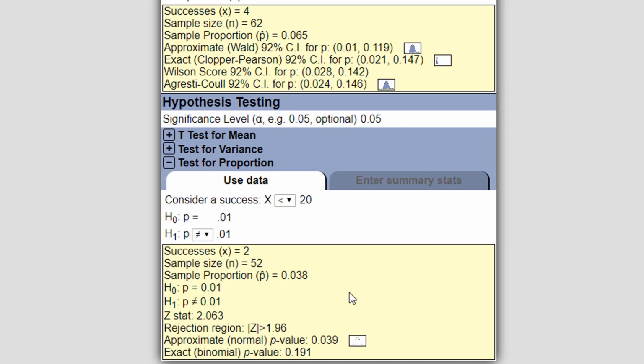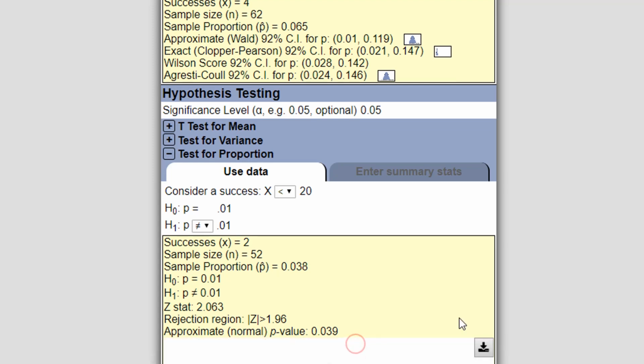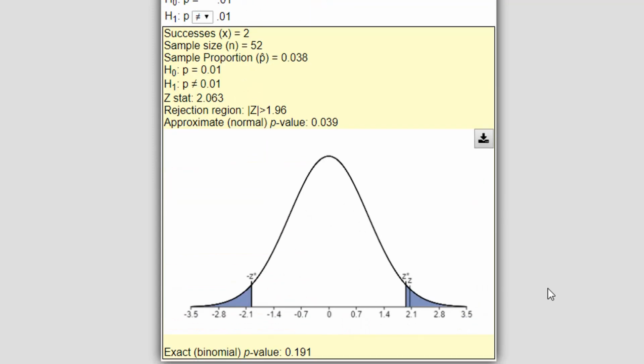Of course, if you use the exact binomial p-value, that's not a rejection. So the difference depends on whether you're using the exact. You're going to get different conclusions for extremely low and extremely high sample proportions. That happens. Incidentally, if I go and look, this is the image that it gives you for the